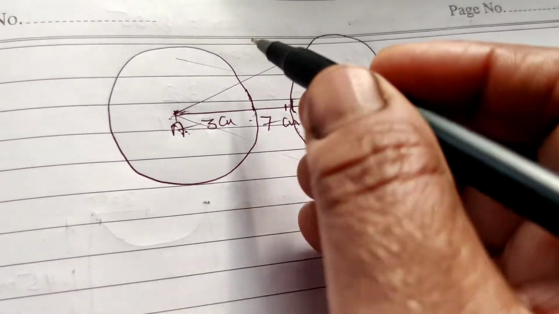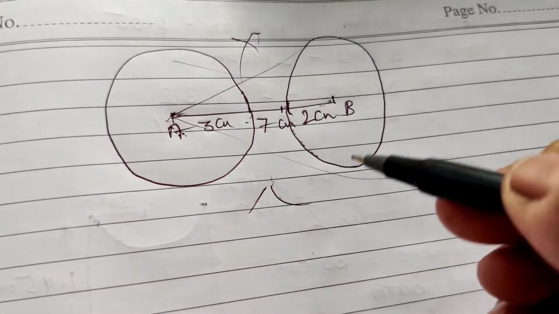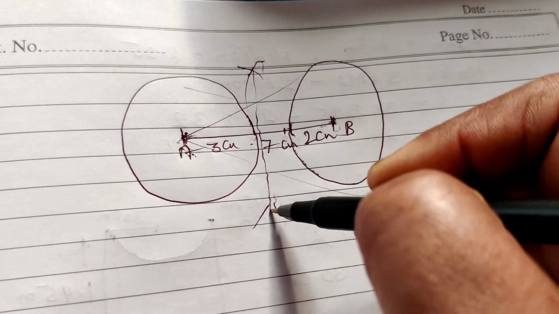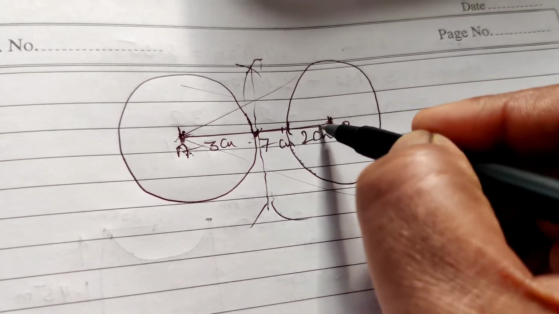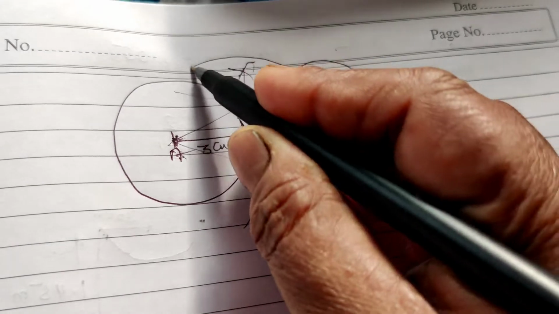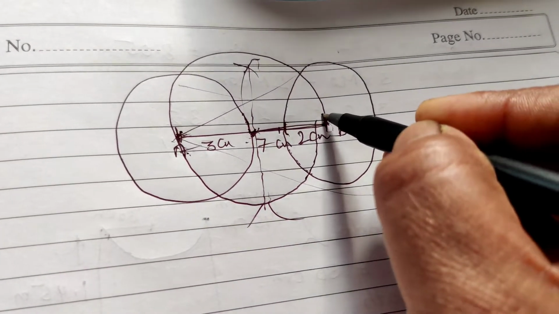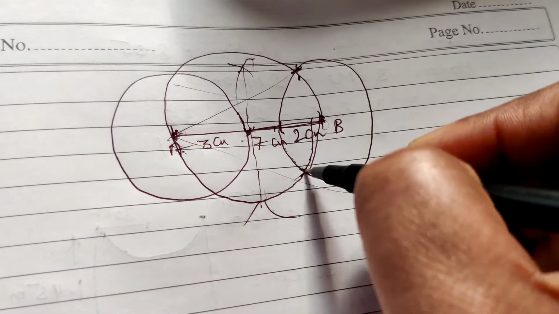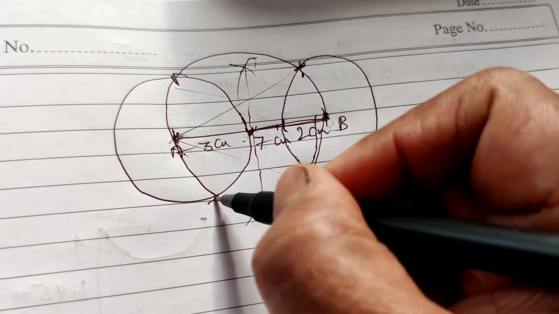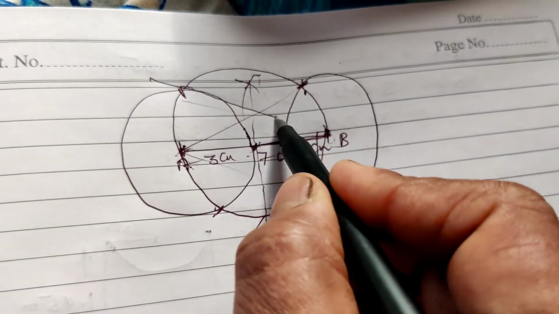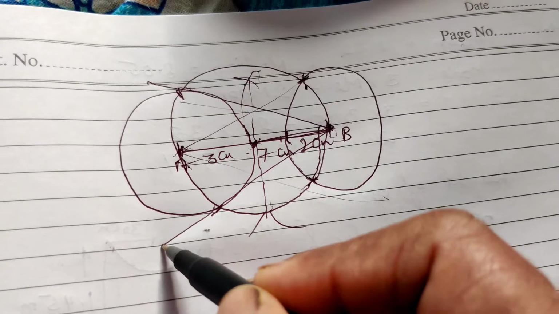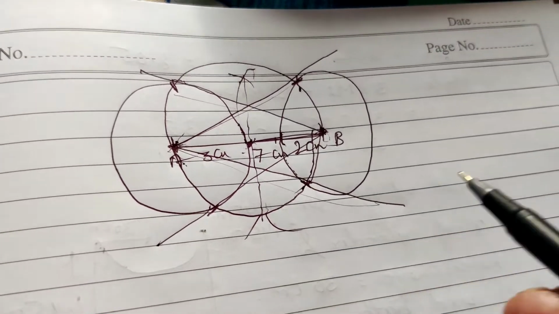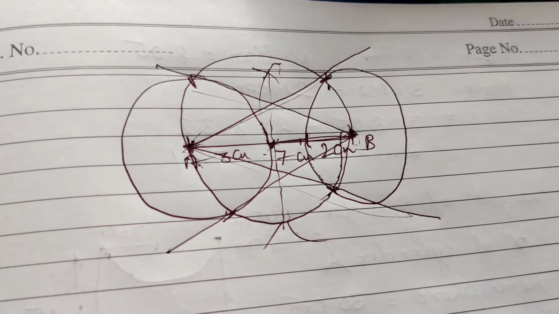First, perpendicular bisect the line AB and join this. Suppose this is the new center, take this radius and make a new circle. These are the points of contact 1, 2, 3 and 4. Join B. Here are the two tangents. Similarly from A, this is the rough figure of this construction. Now let us see how it is constructed.